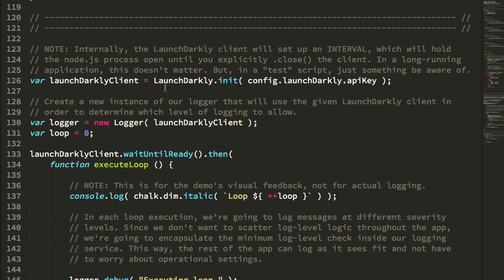So yesterday I looked at LaunchDarkly's ability to target personally identifiable information, or PII, without actually having to send said PII data to the LaunchDarkly server, therefore keeping that information more secure, keeping it within the boundaries of the application. Today I want to look at another relatively new LaunchDarkly feature, which is the ability to create multivariant feature flags